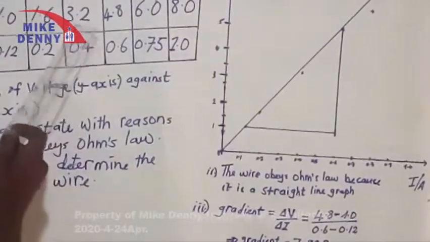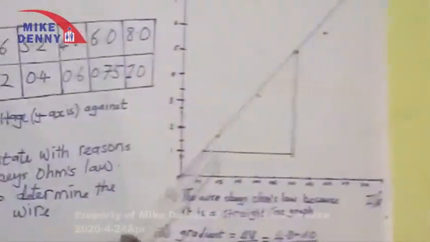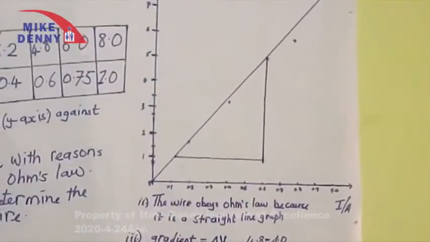You take the next value, you have 3.2 and 0.4. And you keep on plotting like that. From this plotting, you realize